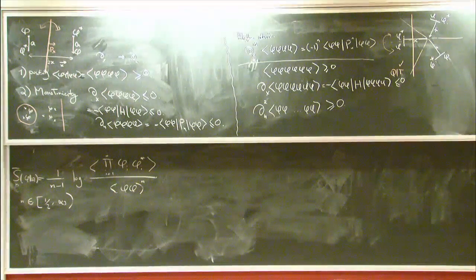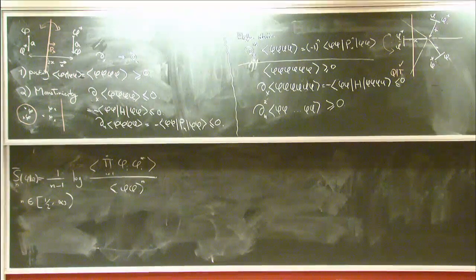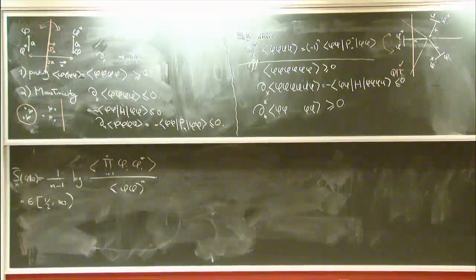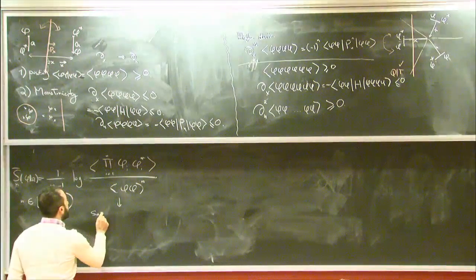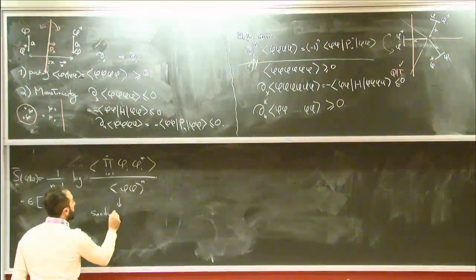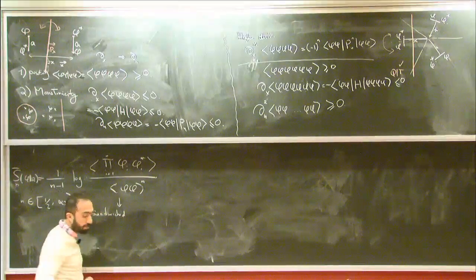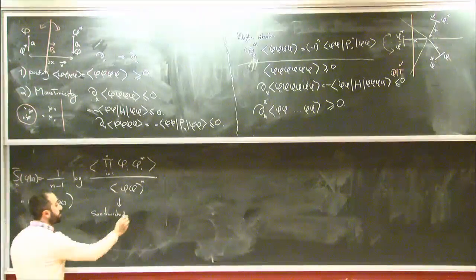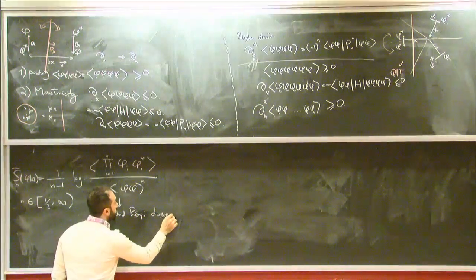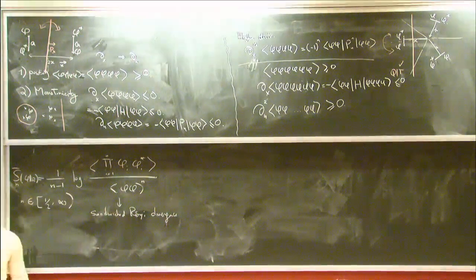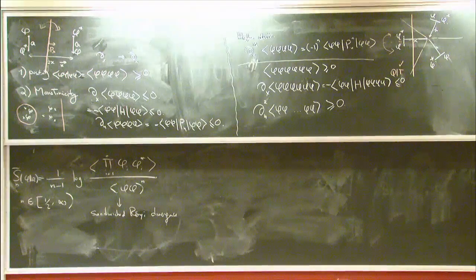We argued that it's non-negative, and we'll see that it's monotonic. We're going to relate this to a quantity in quantum information theory. It's called the Sandwich-Renyi divergence. It's a particular quantum information quantity that is constructed from this correlator in quantum field theory,